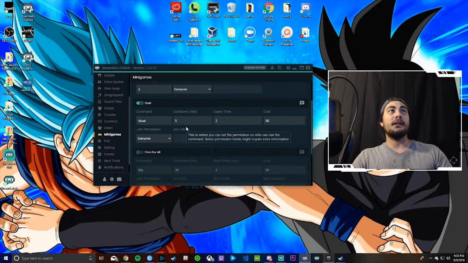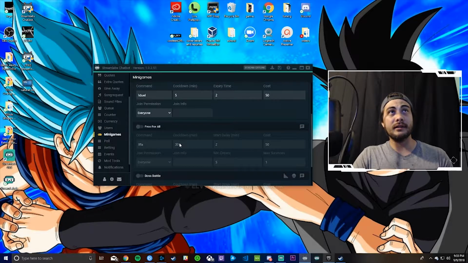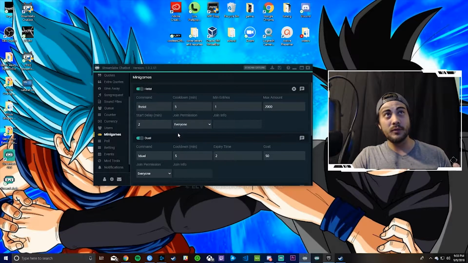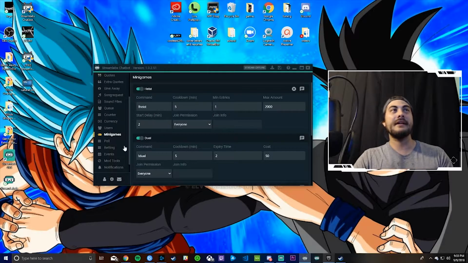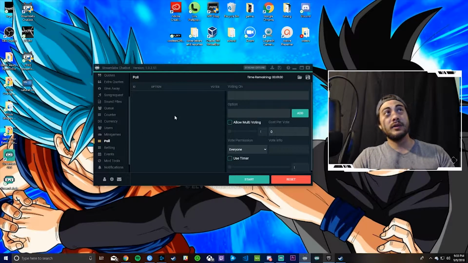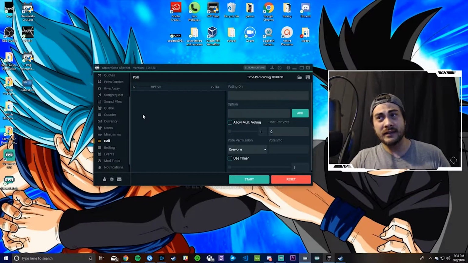Mini games, there's a couple on here. You could build your own if you wanted, but these are pretty cool for being what they are, a little text-based game. I think they're pretty cool. You can do polls, like maybe at the start of your stream, on Saturday nights, when you are consistently getting quite a few people in there. You want to throw a poll up, let them choose between 3 games, what they want to see you play that night, or, in